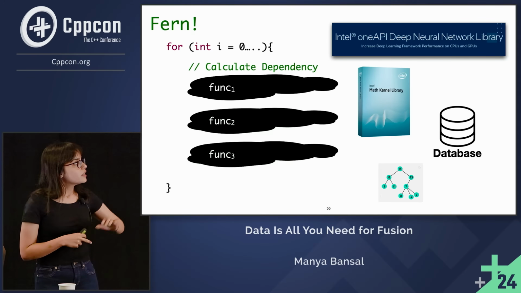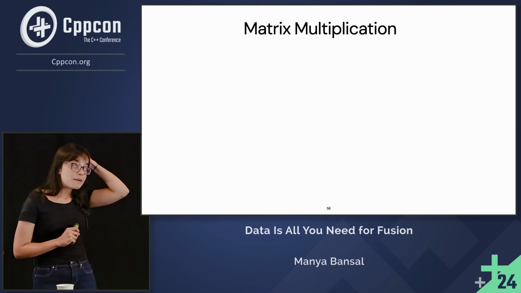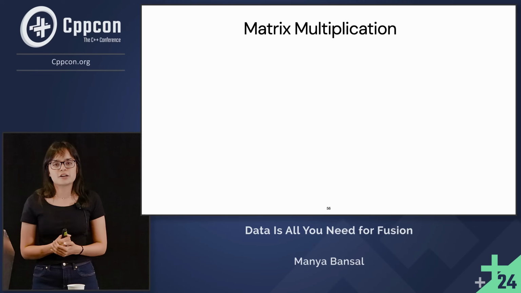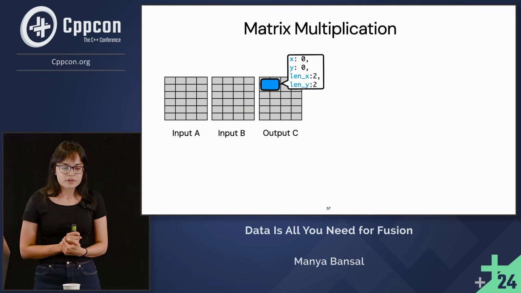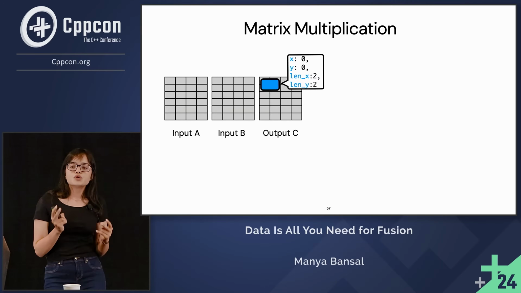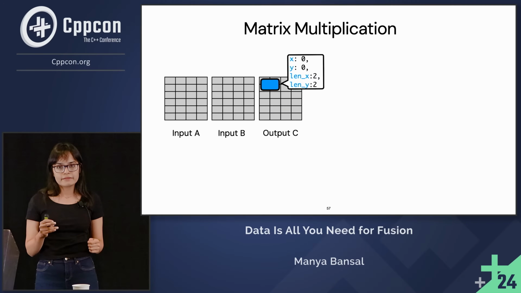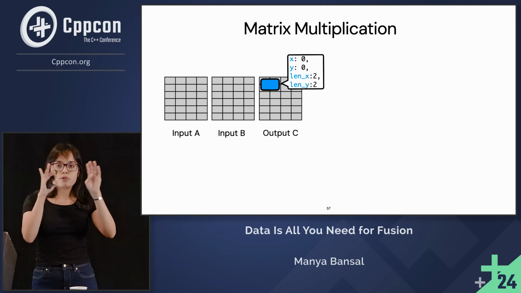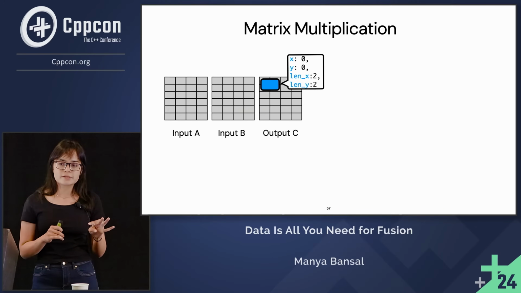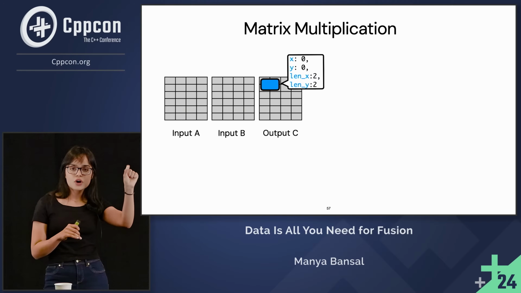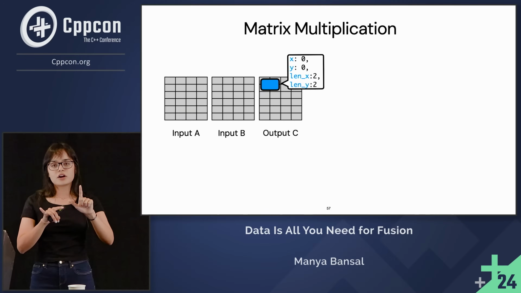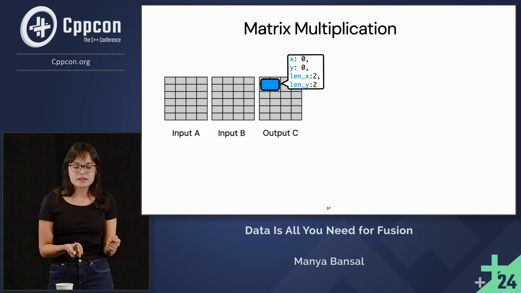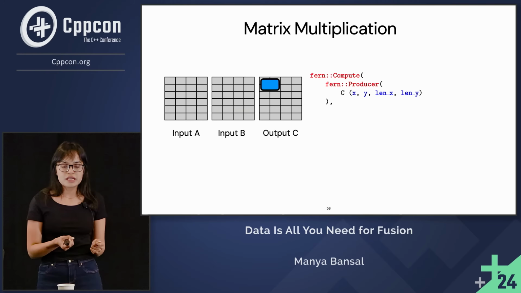Okay, so here's what we're going to do. I'm going to walk you through a matrix multiply example, and I'm going to concretize what I mean by adding data production and consumption patterns. For the matrix multiply, I have two inputs, input A and input B, and eventually some output C that gets computed. I'm going to point at blocks of that output using four metadata fields. X and Y point out the start of that block. The length X and the length Y give you the height and the width of that block respectively. By data production and consumption patterns, I mean you can write down that this function is going to produce